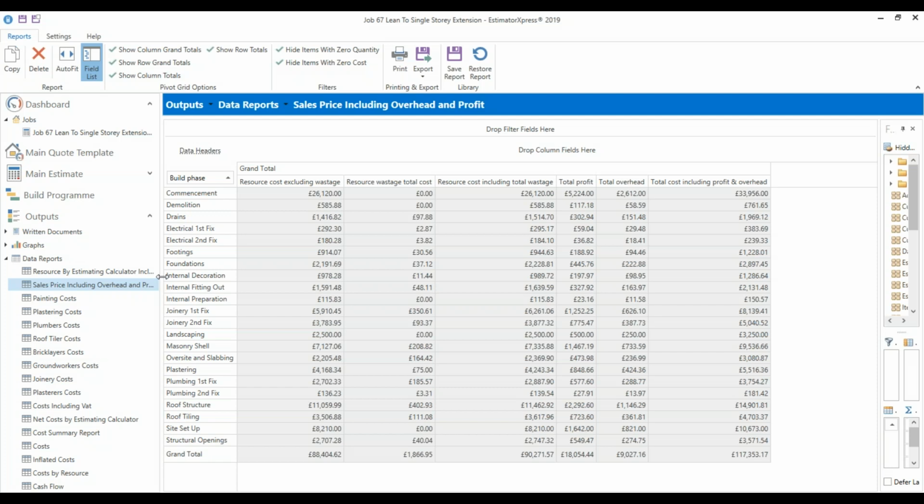Yeah, good question. Commencements is the build phase of commencements. I can't remember the ones off the top of my head. Commencements are going to be like travel costs, site setup, services, or stripping the site. All these will probably be in the build phase section of commencements, but you can change different sections to different build phases. But the commencement, that travel cost, is a lot of what's in there that I put into the estimate. If I went into